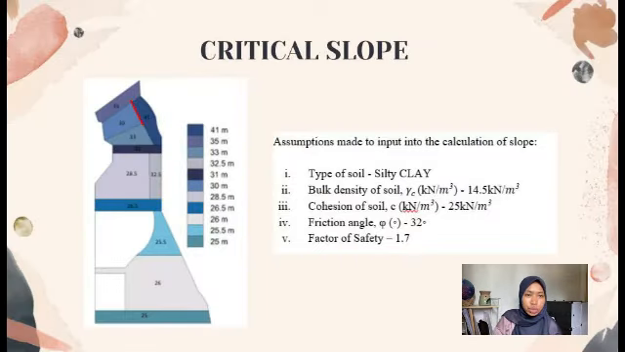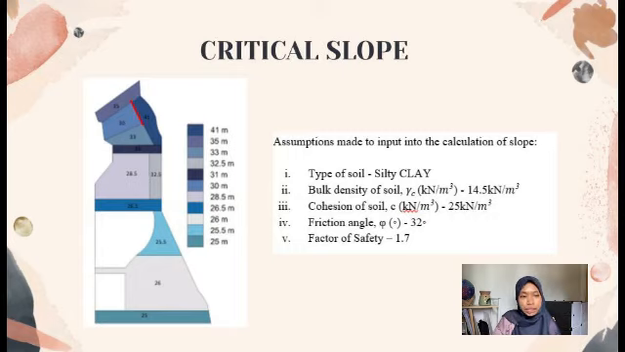So before continuing to calculate the slope, we must identify the critical slope, and it is obtained by identifying the highest difference of proposed level in the plan. As you can see, it is highlighted in the red line: 41 meter and 30 meter of proposed level stand side by side. So it is selected as the critical slope because the slope has more than 11 meter difference